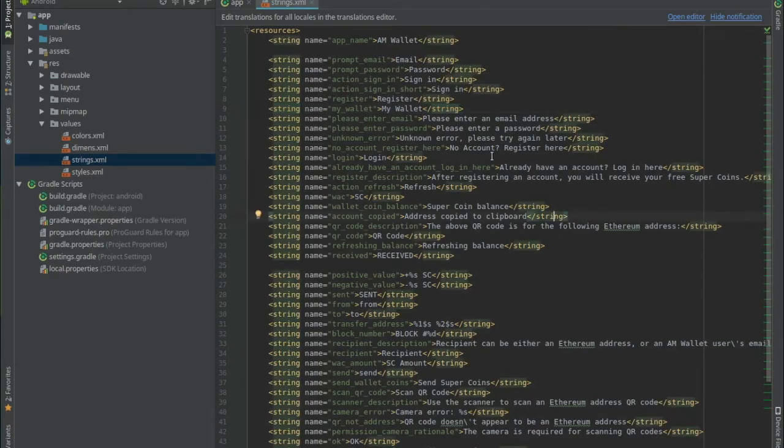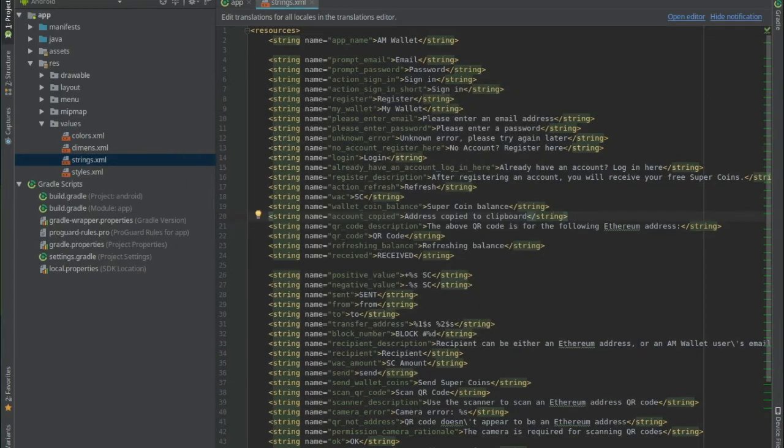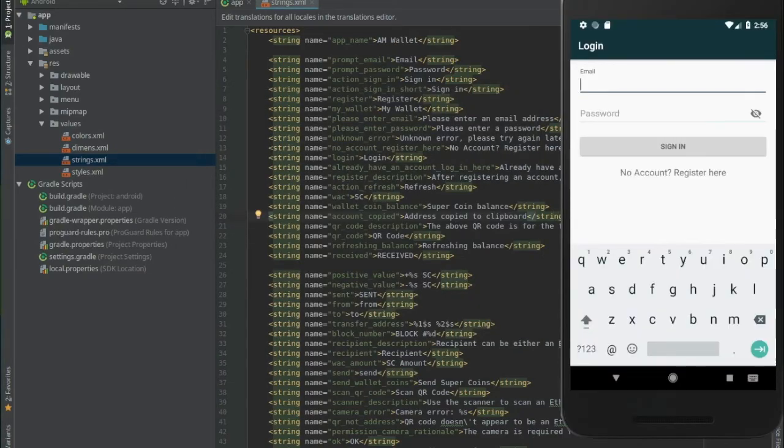Okay, that's all we need. So now we can just go ahead and build and run the app in the Nexus 5X emulator that I have running. Double click and it'll take a few moments to build. Okay, the app launched, so I'll register a new account